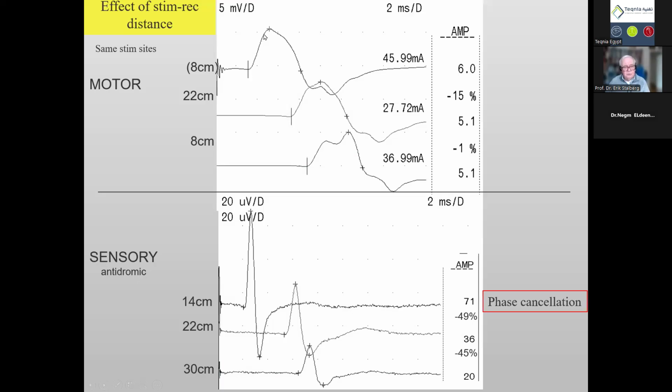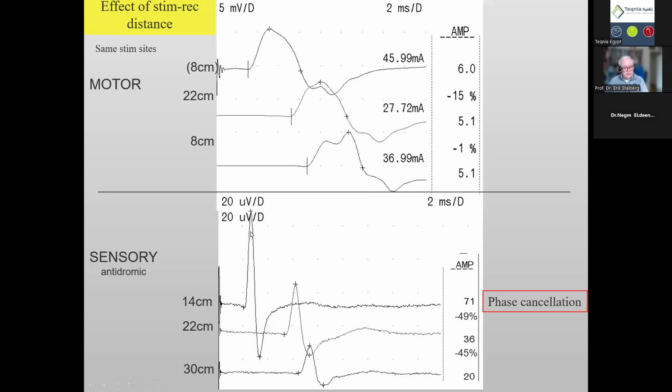Here you see motor, the distance is 8 centimeters, 12 centimeters, and another 8 centimeters. So it becomes smaller and smaller and a little longer, and it changes a little in shape. Not so much. It changes here 15% in amplitude and other